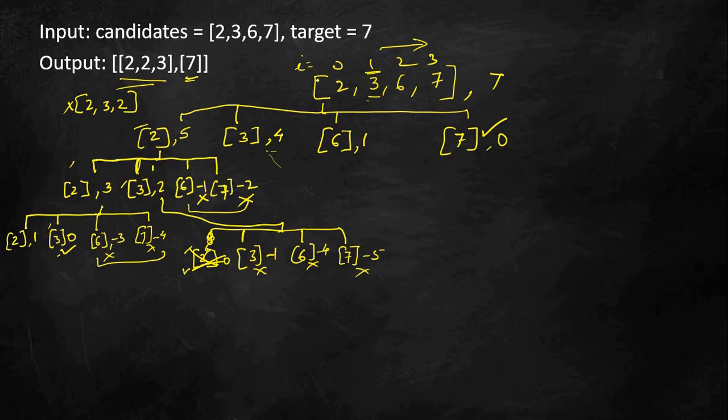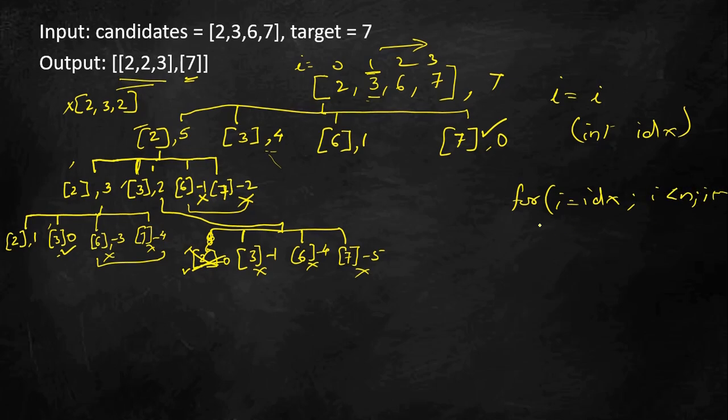So if you see, what we are doing here is a DFS, but while doing a depth first search, we are checking my i value. So let us say in the method I am passing the index. In my for loop, my i will always start with index, and then it will go while i is less than n, and then i plus plus. And then again we will call the recursive DFS passing the same i value.